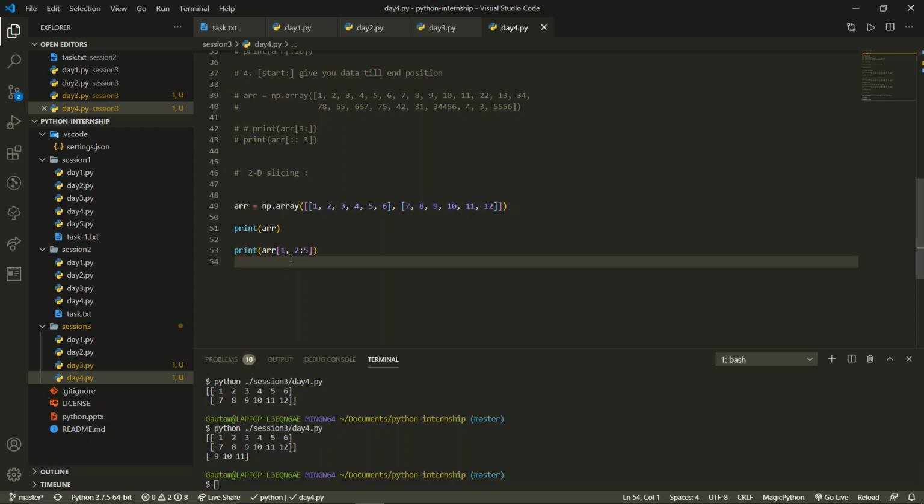Now after selecting the row number, we're going to slice it. So now we need to see the position of this from 9 to 11. The ninth position is 2, 0, 1, 2, and the 11th position is 4. But you know that slicing always works up to the end minus 1. So we need to give 5 to get the fourth position. It will go for 5 minus 1, to the fourth position, and we will find our list right over here, 9 to 11.